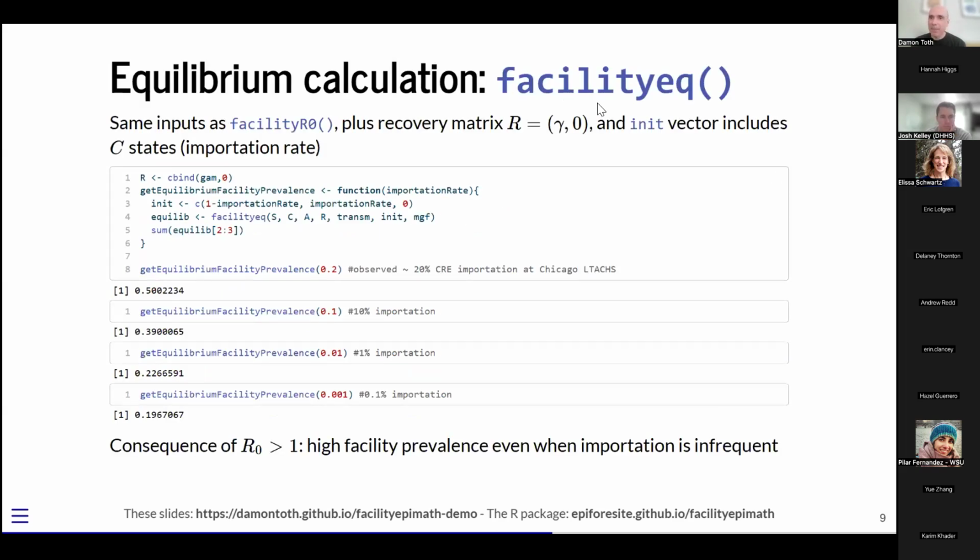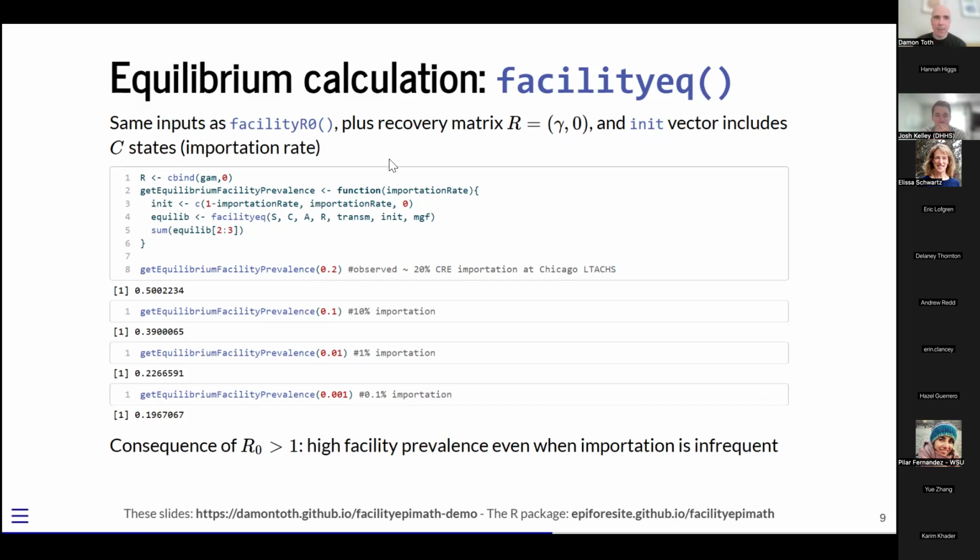So one of the other functions in the R package is calculating the equilibrium. Using this function is very similar to the R naught function; it needs a couple more components. It needs the recovery matrix, which was the gamma rate of recovering from state C to state S. And then the initial condition vector needs to be not only for the S states, but also for the colonized states. So you can calculate the equilibrium if you have a given constant rate of importation of the